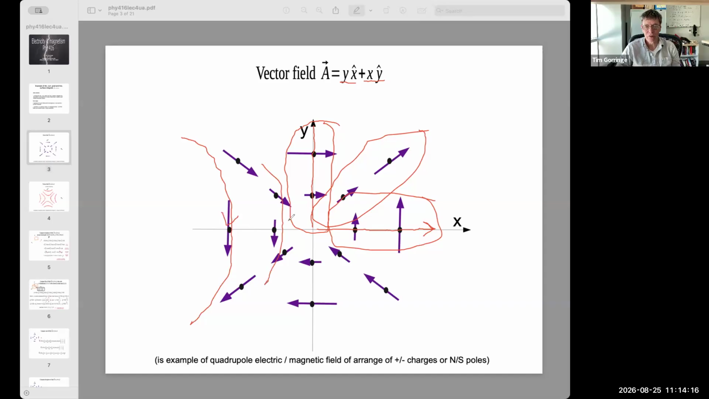If I look at those arrows and I think of the flow of those arrows, if I were to start over here on the bottom right, it looks like the field is sweeping across like this. Again, I'm just looking at the direction of the arrows. And that's what the field is doing. And so if I go to the next slide,